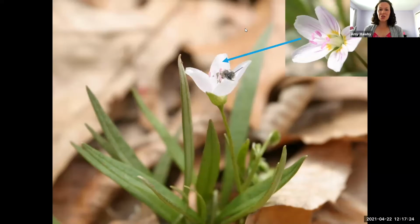What I didn't notice when I took this photo was the pollinator who's in that picture there. And what's really neat about this species of plants is that it actually has a pollen specialist bee. Pollen specialist bees collect pollen from only one or maybe a few species of plants. And this one is going to give the name away of the plant. This is actually a spring beauty mining bee. And the spring beauty mining bee, again, is a pollen specialist bee, and it only collects pollen from spring beauty and